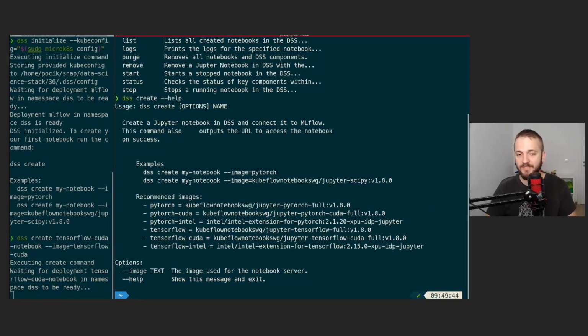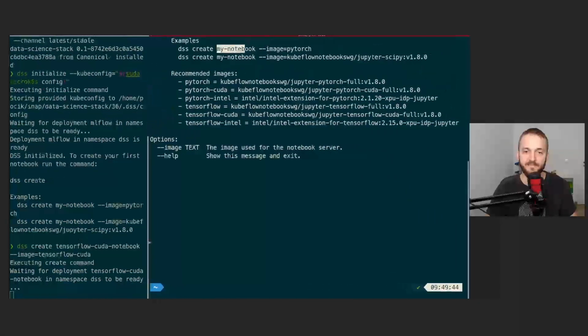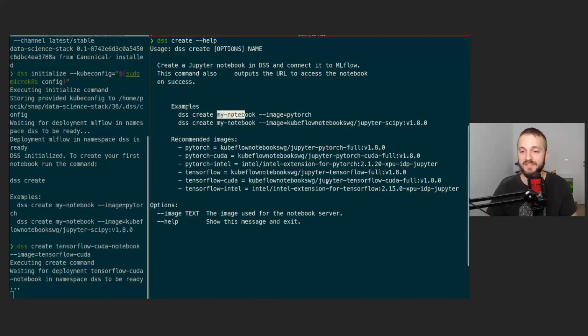Okay, so if you want to create a notebook, you need to provide the notebook name and then the image parameter where you provide the image which you want to run. You don't need to provide the whole path to the image if you are using recommended images, as I was doing here, right? As you can see, the command which I ran was image TensorFlow CUDA, right? But behind the scenes, the TensorFlow CUDA is referring to this Jupyter TensorFlow CUDA full version 1.80, right? You can check out that Docker Hub, and there are also other versions